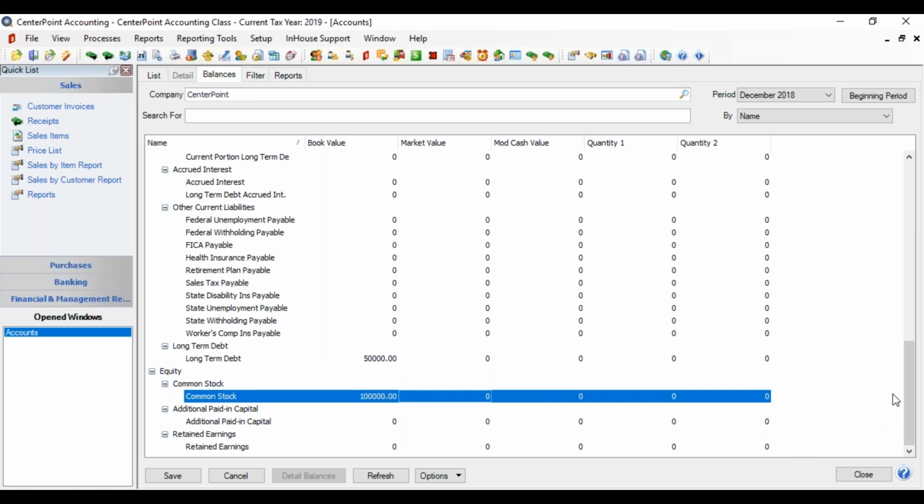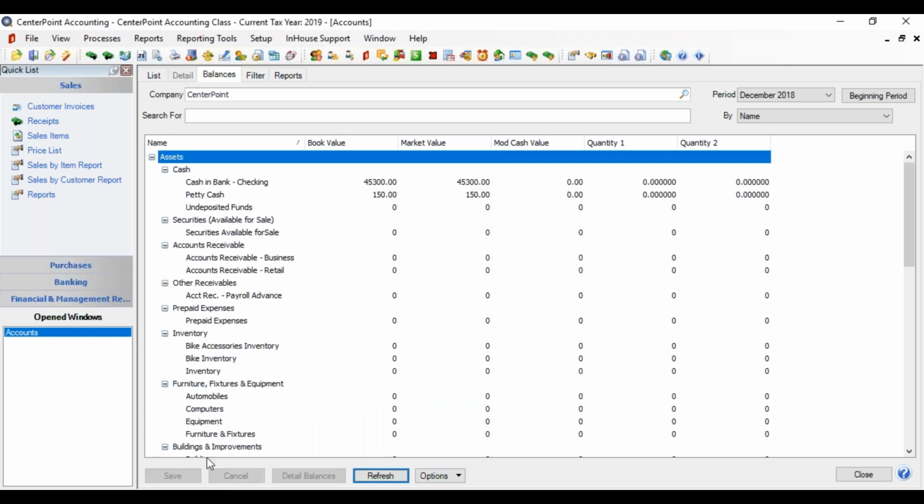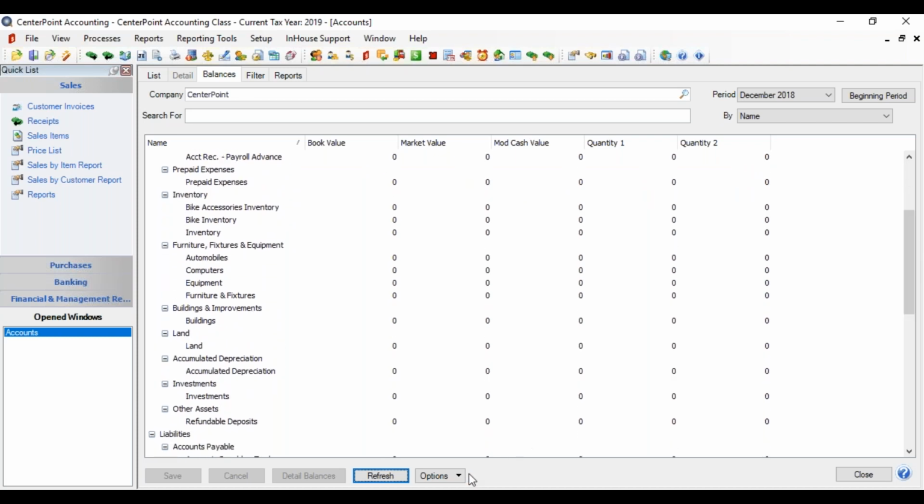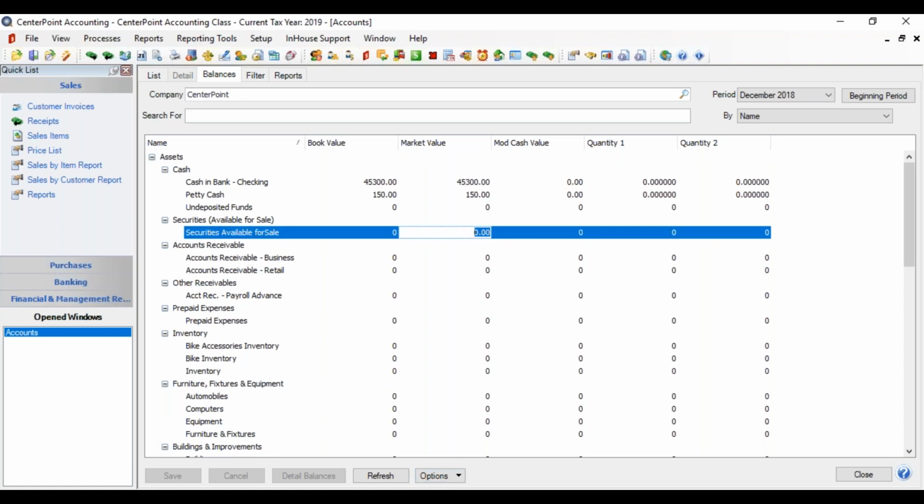So we're going to go ahead now and click Save. That will update our balances. It tells you how many accounts it updated, and you can see that it also copied our market value over here. So at this point, we could change a market value on anything by going to our options and selecting market values. That would let us click in the market value field and enter that value,